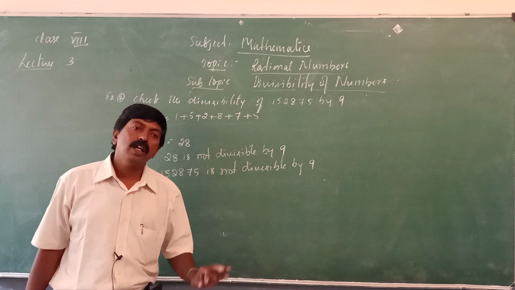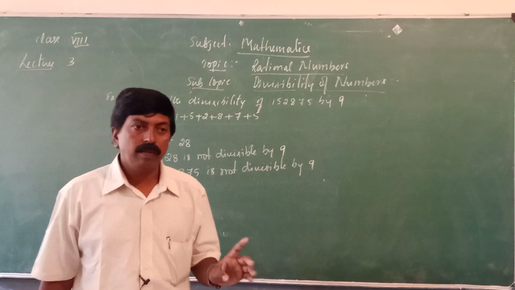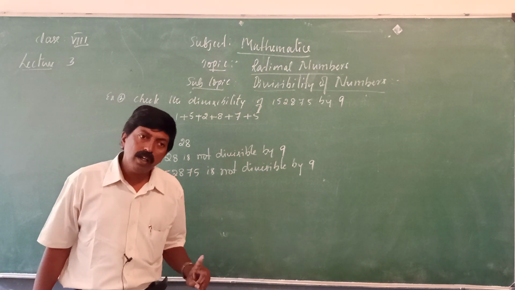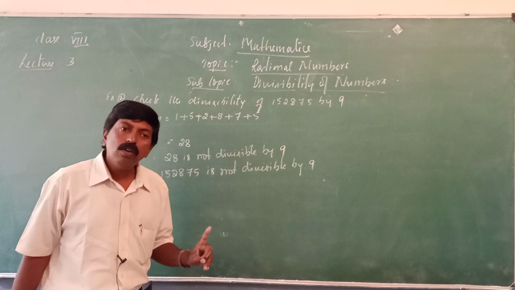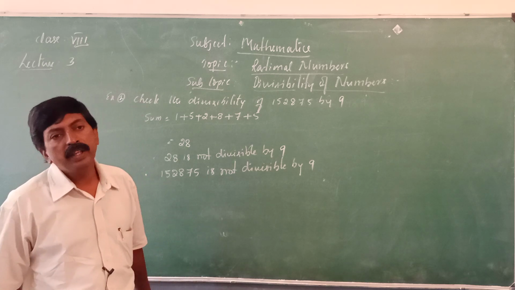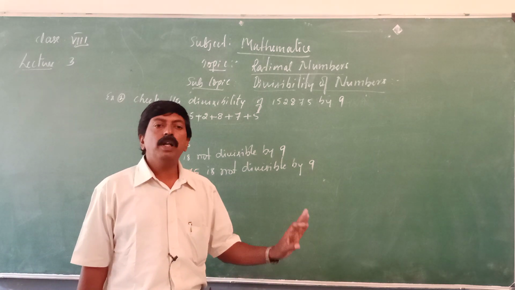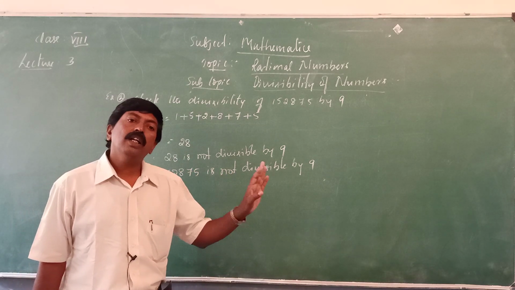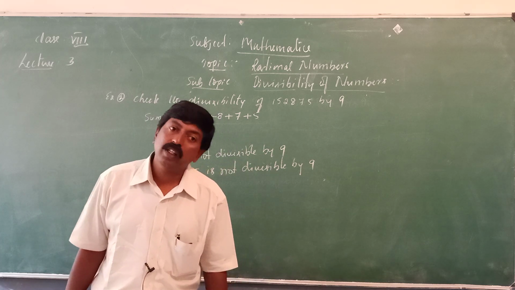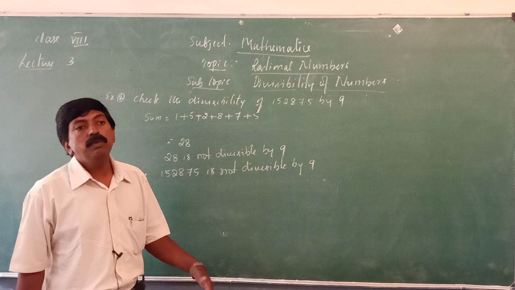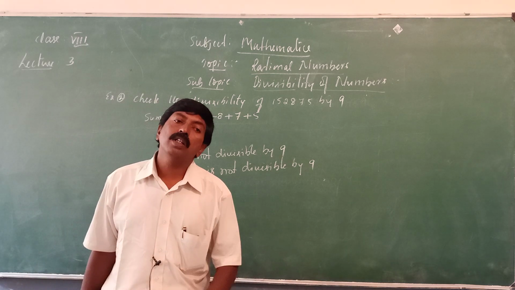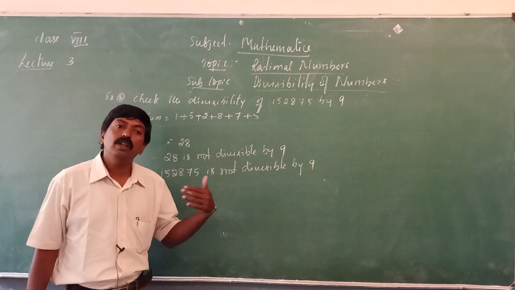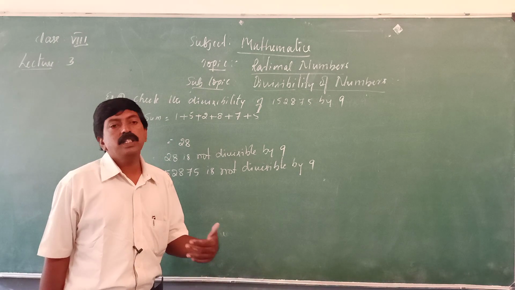So up to here we have studied 4 divisibility tests. One is divisibility by 10. You can remember, if the unit place has 0, definitely that number is divisible by 10. The second one is divisibility by 5. If the unit place is 0 or 5, definitely that number is divisible by 5. Remember that rule. The third one is divisibility by 2. Whatever even numbers are given, they are divisible by 2. Remember, that's a very easy rule. If an even number is in the unit place, it is divisible by 2.